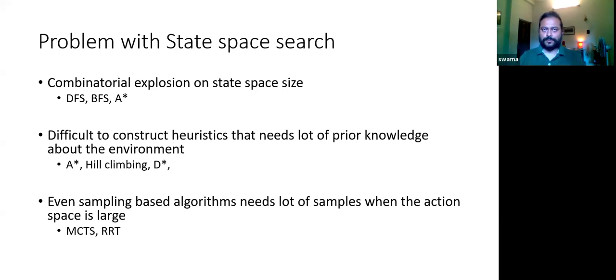Let's say in MCTS, in Monte Carlo tree search, what happens is you go to a state, and there are certain child states attached to it. Now you have to select which child state you are going to explore. There is a certain measure, the value matrix. Using that, you are going to select a specific child state.